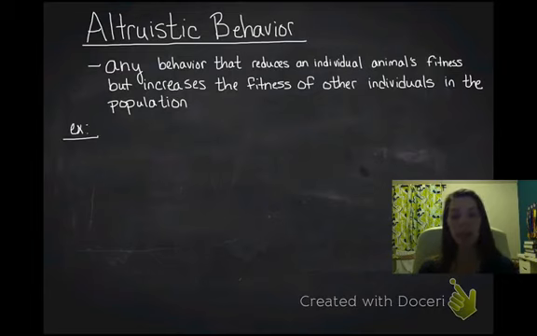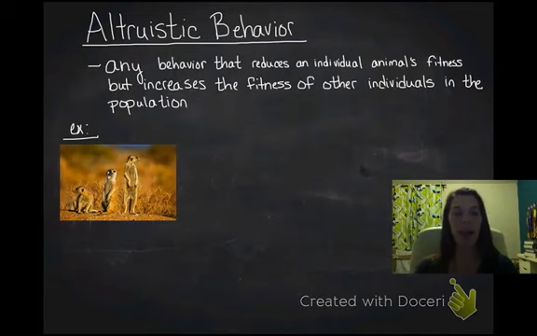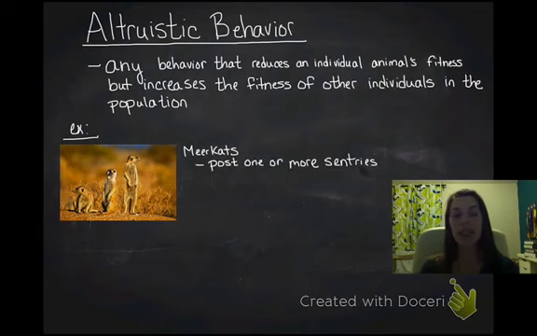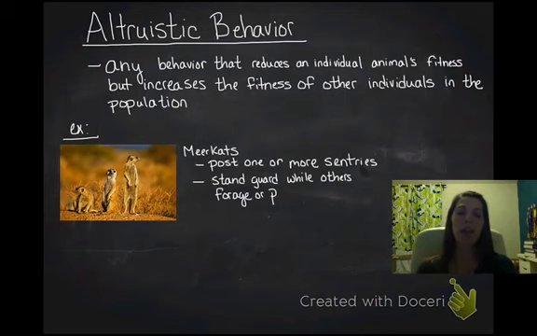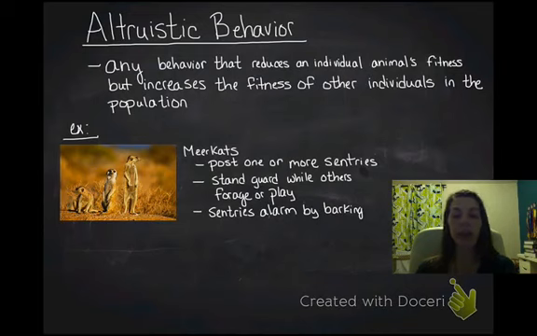So we're going to look at an example: some meerkats. Meerkats post one or more sentries outside of their burrow, and those sentries stand guard while the others forage or play, and they will give an alarm. They bark anytime there's a possible danger, a predator or a band of other meerkats. They have many different types of alarms. Then the sentries wait until all the other meerkats are in the burrow, and then they'll be the first ones out of the burrow, and they will alarm during this whole time.